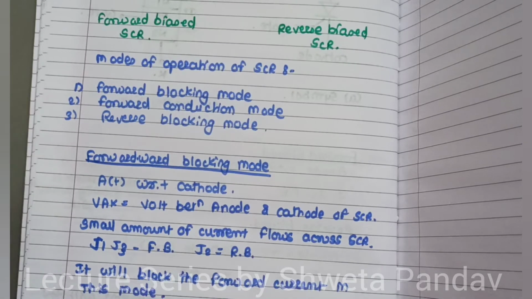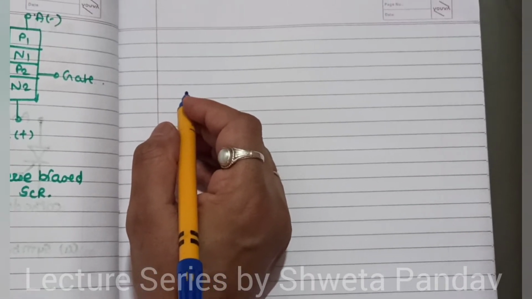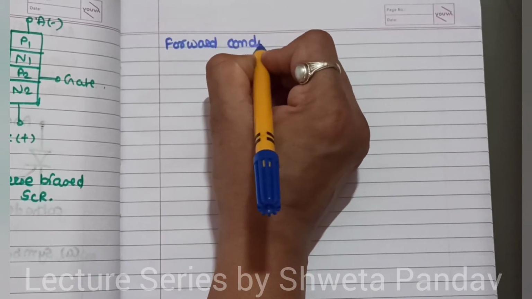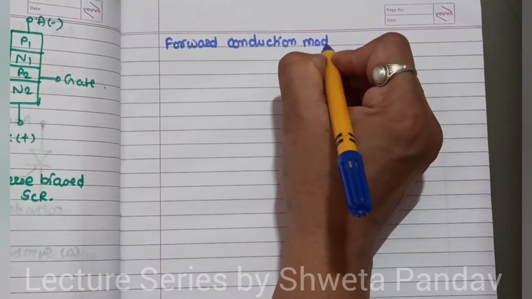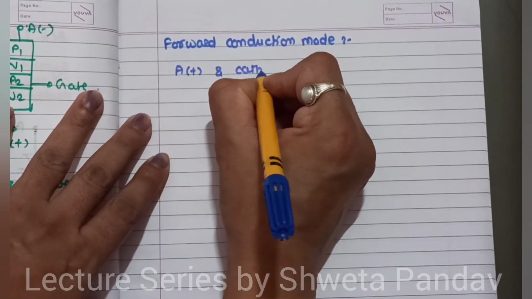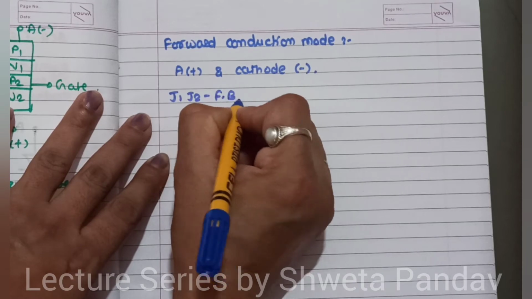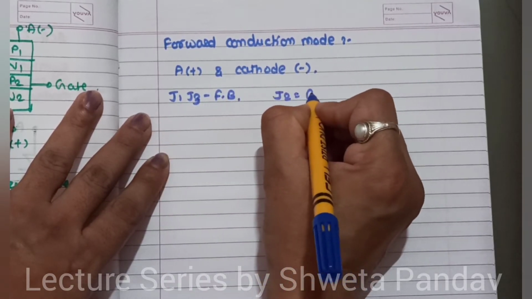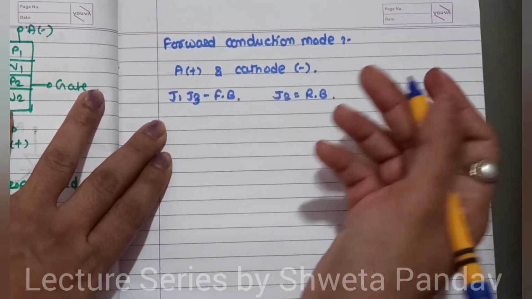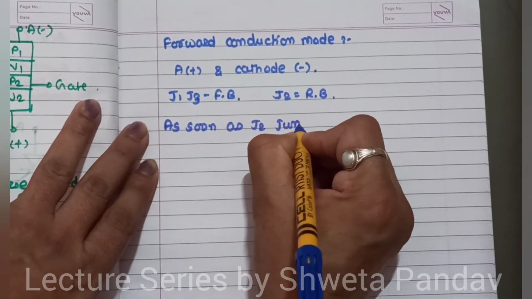Okay, the next type of mode is forward conduction mode. In this case, the anode is positive and the cathode is negative. Same as before, junctions J1 and J3 are forward biased and J2 is reverse biased. The only condition is that as soon as the J2 junction crosses